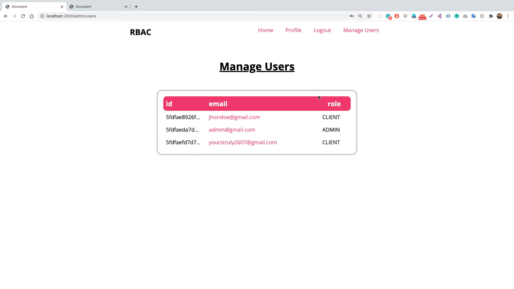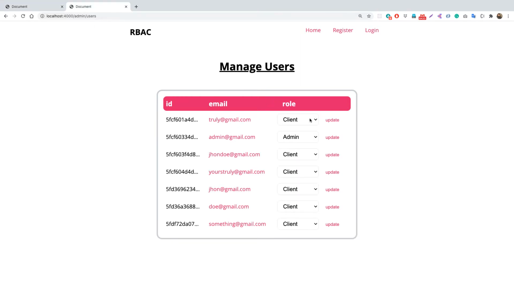Okay guys, so in this video, let's see how we change roles for our users. Like we see in the completed application, we have a form with a drop down which says 3 roles. That is the roles for our role-based access control, and we can select any role and then click on update to update the role for that user. So that's what we are going to do in this video.